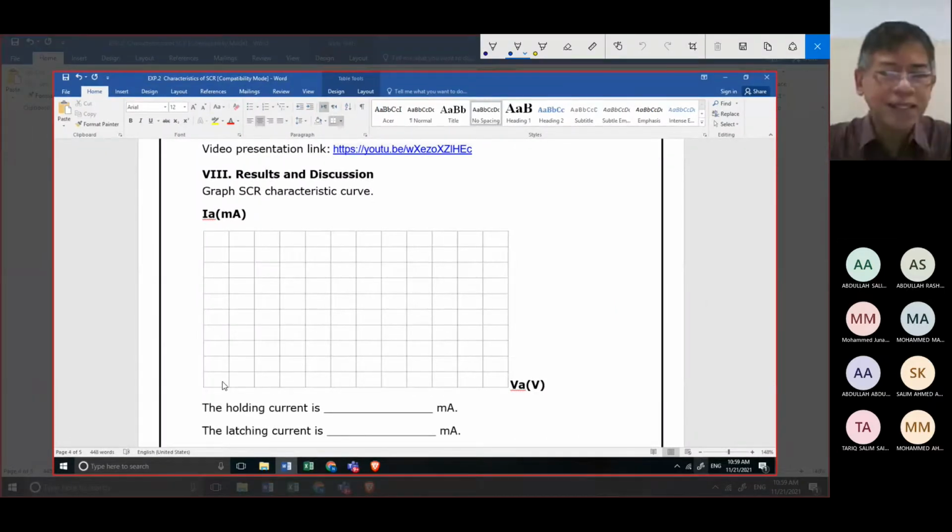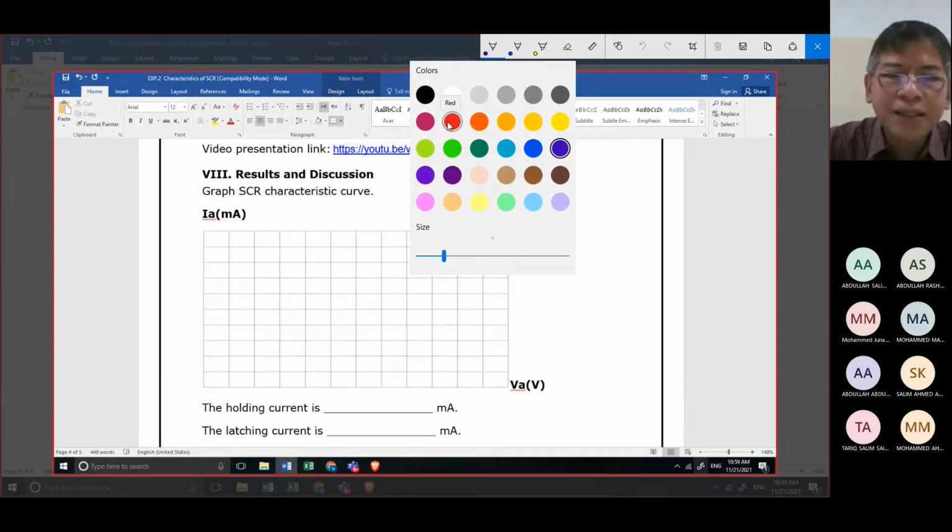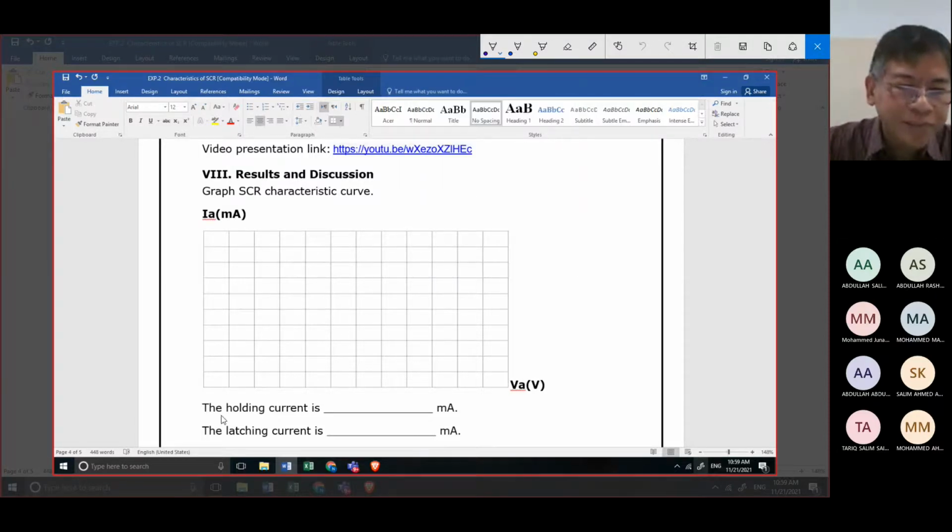So as I told you before, I will use my pencil. Considering that this is the current A with respect to voltage A, this is now, for example, your 0. So I will use my ink, let's say blue here. So this is 0, okay? Just listen: 0, 1, 2, 3, 4, 5, 6, 7, 8, 9, and 10, okay?